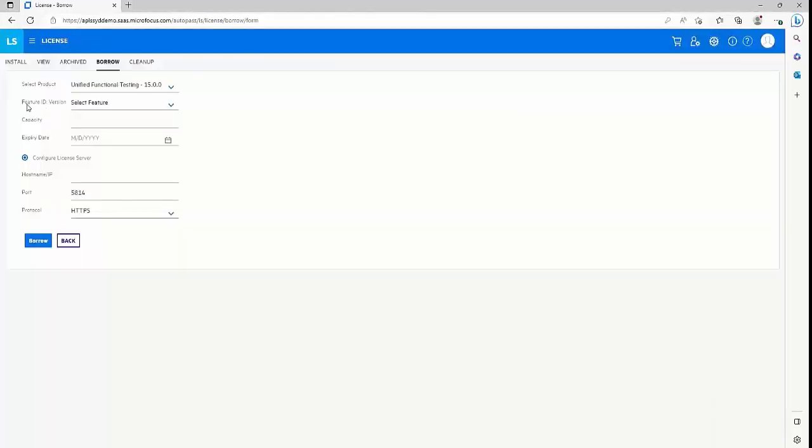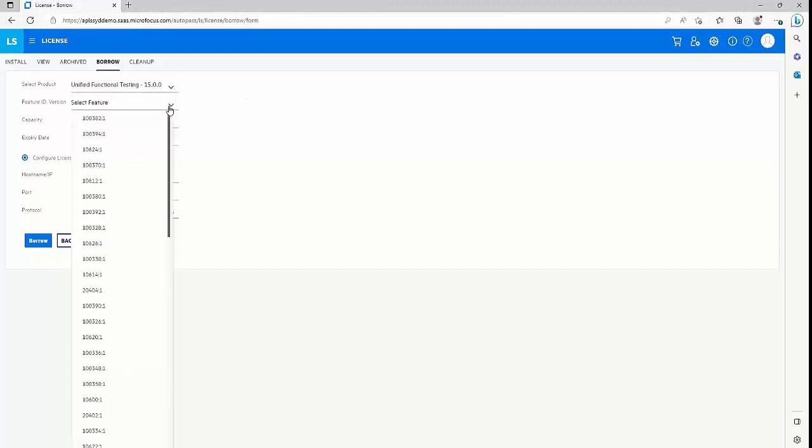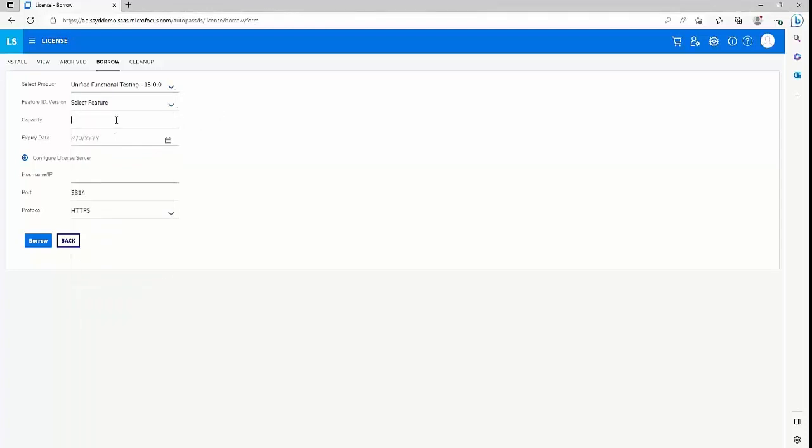over here. And here you will get an option, or basically you need to identify from which AutoPass license server you want to borrow certain licenses and for which feature. So this is the place where you select the version of your product, you select what features you need, and then what capacity you need. You may be needing just 10 licenses, so you can enter that, and what is the expiration date for that borrowing activity. You need to provide that, and then the host name or the details of the target